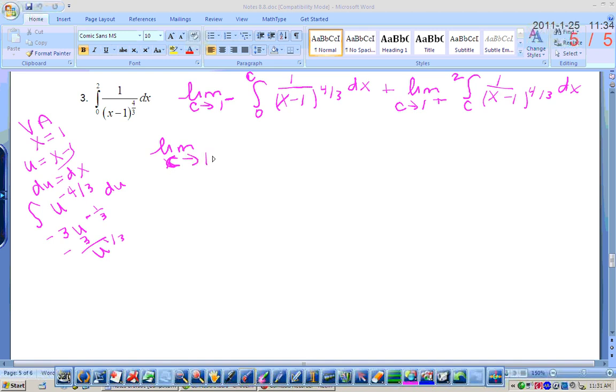So the limit as c approaches 1 from the left of negative 3 over (x minus 1) to the 1/3 from 0 to c, plus the limit as c approaches 1 from the right,